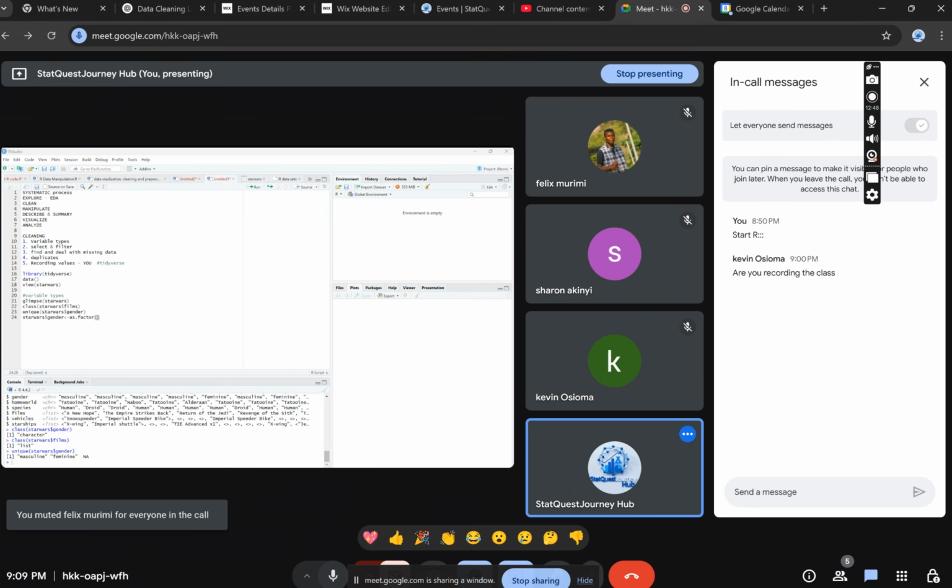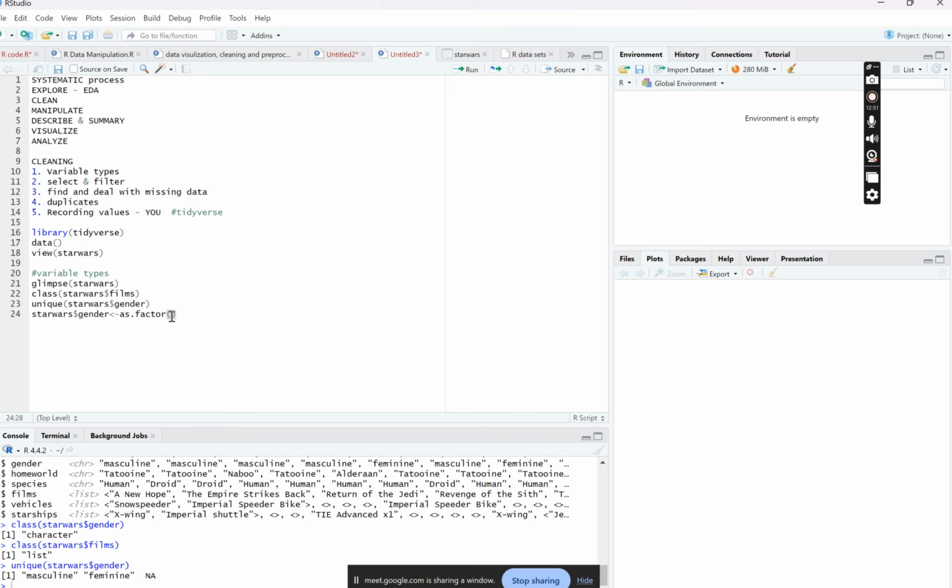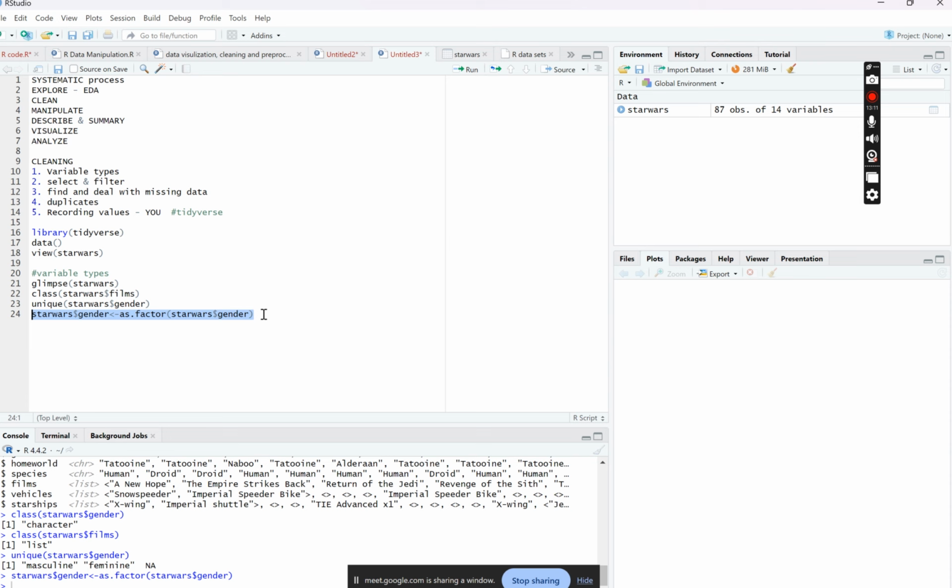Okay, so I was changing. As.factor, I want to change it to a factor from a character. I will again put styles and a dollar sign, gender, to pick that specific column. I've just copied this, so I keep on pasting because I don't want to get tired typing every time. When I run this,